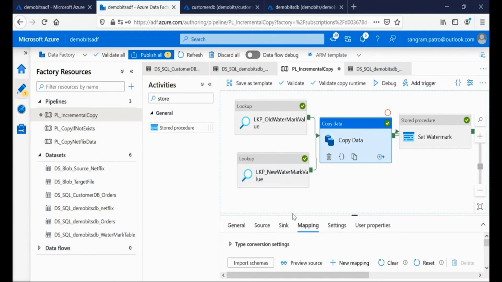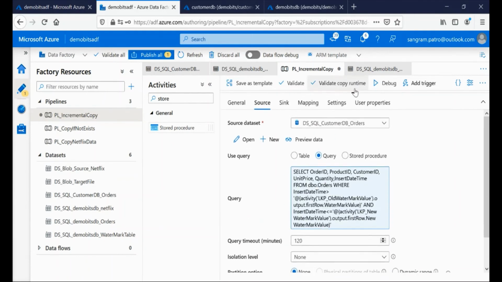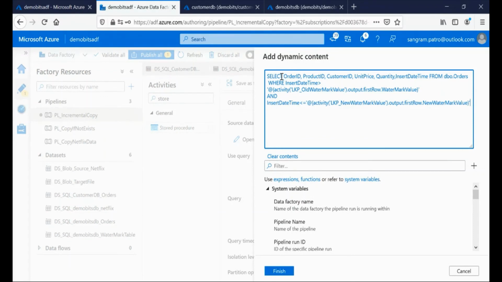Let's do the same for the copy data activity as well. So we see that there is a list of columns, right? In future, if I'm using it for a different table, the column ordering and the column names would not be the same. So I would put the star here and assume that the entire column content is copied from source to target. And then I would first replace this.